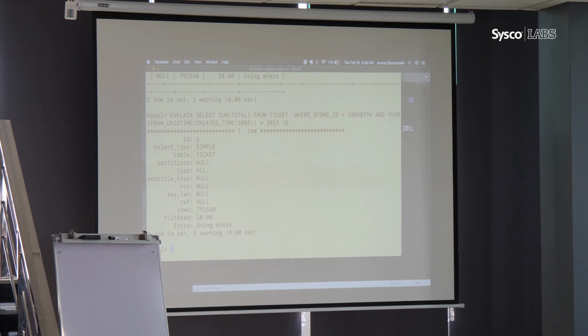Yeah, that is exactly the correct answer. What happens here is, if you see, we have applied a function on top of the created date, the column that we have the index on. You add a calculation on top of an existing value, right? So if you remember how indexes are stored, let's say something like this.